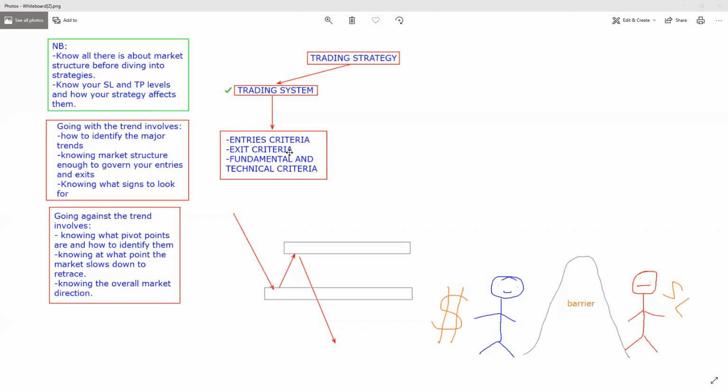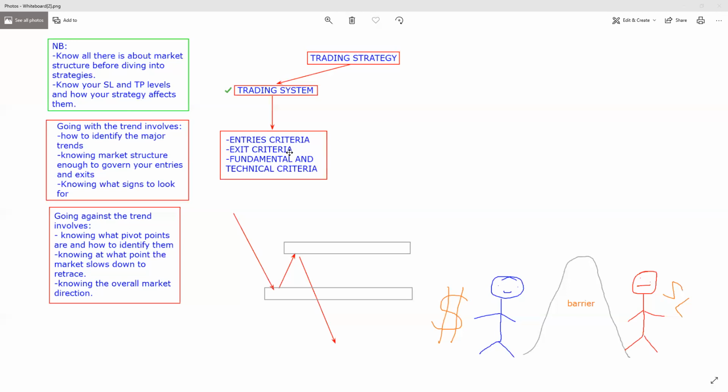And so the thing that people don't realize is you won't automatically find the trading system that you're looking for. But the good thing is that you don't need to worry, because as you keep learning different strategies, your view of the market changes each and every time. So with that, I'll be talking more about the entries and exits generally, and then in the next video, I'll also talk about a more personalized view of the trading system.